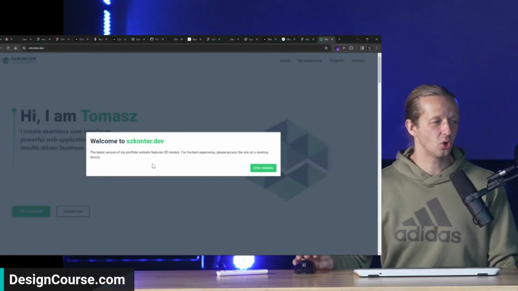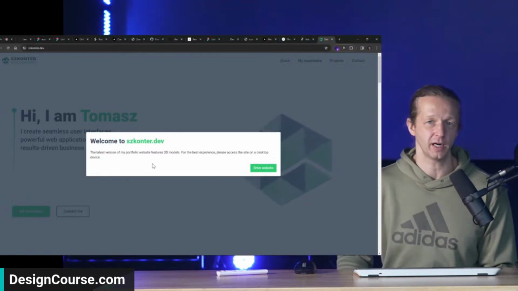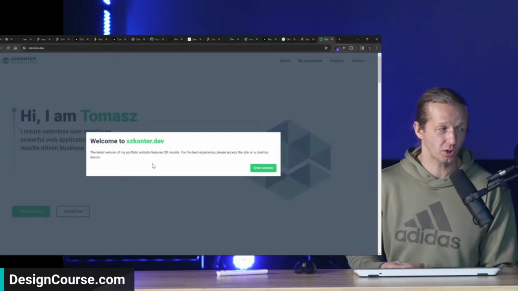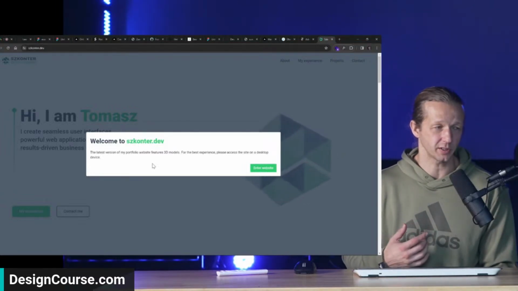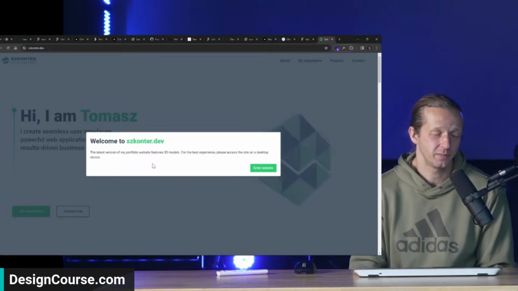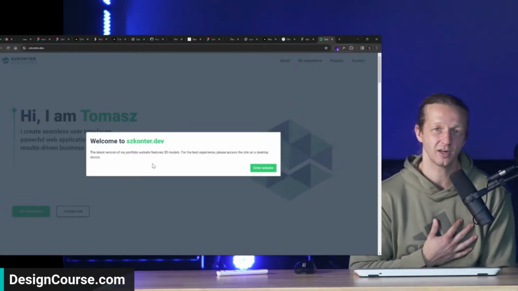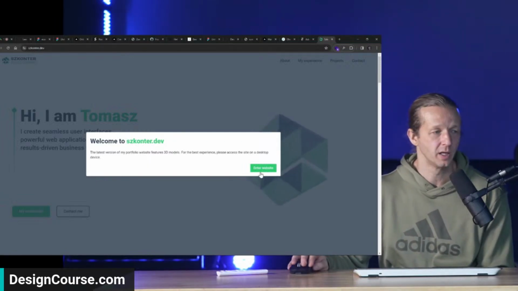Here's the thing. You can detect if a person is on a desktop device through code like JavaScript, and that's what you should be doing. If it's so important to you that people see your 3D elements, then you don't have to make this pop up for me, because I'm on a desktop already. So I don't need to see this. It's requiring extra work for me. Don't do that.